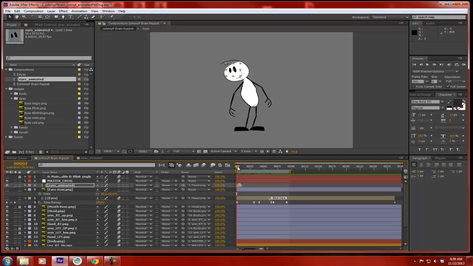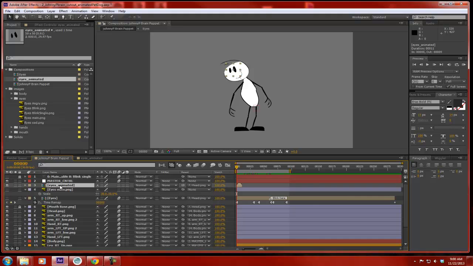Now, my composition isn't very long. And so what I'm going to have to do is I'll have to stretch that out a little bit, but I won't worry about that just yet. So that's all I need for now. One of the things that I want to do though is this. I want to take this layer